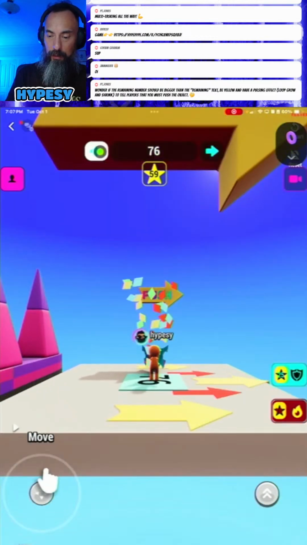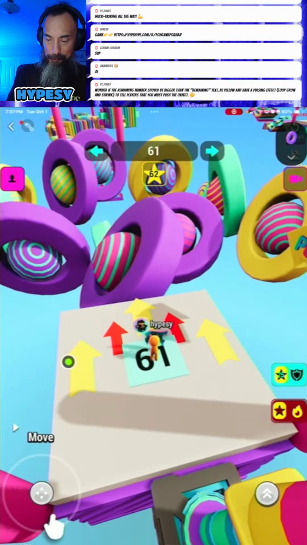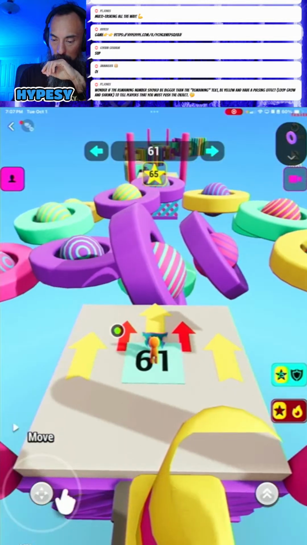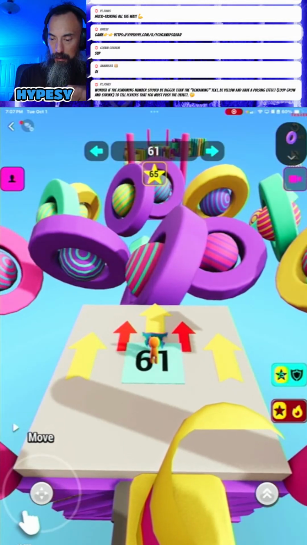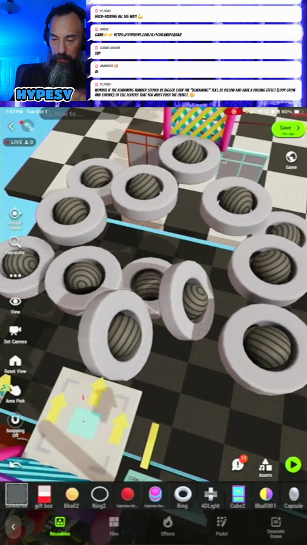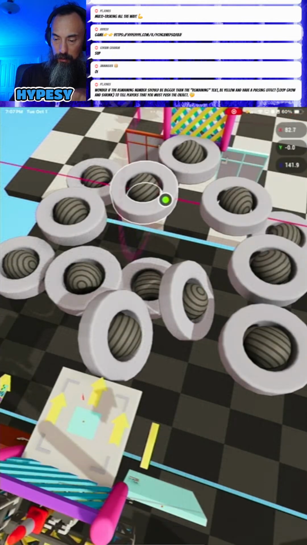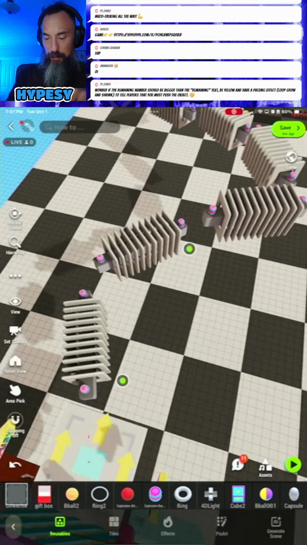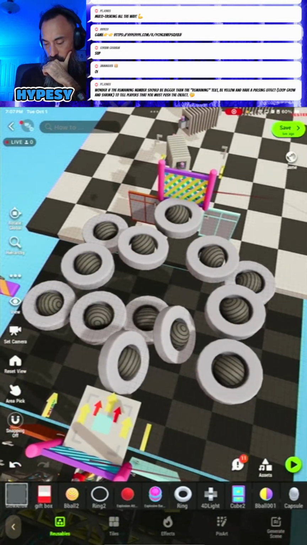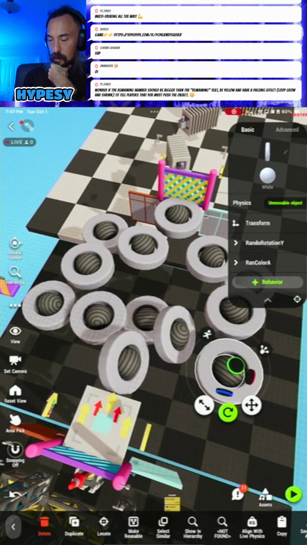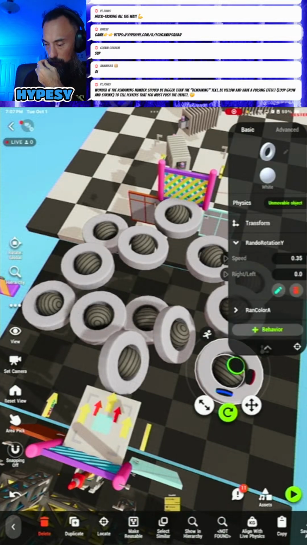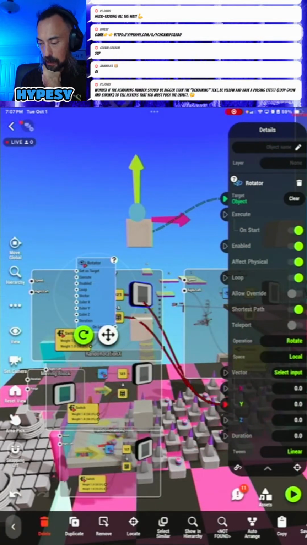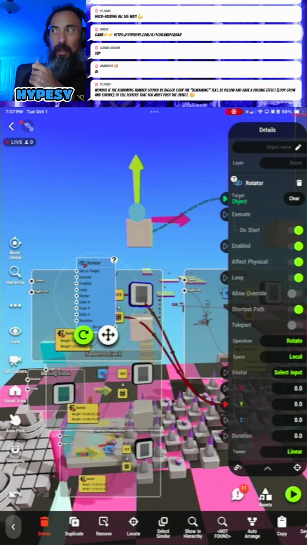Look at that second one. Yeah, that one looks good. And these are all. I'm gonna. See, this is rotating. So this is rotating on the local axis.